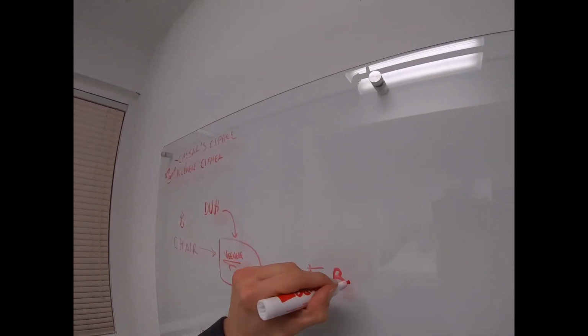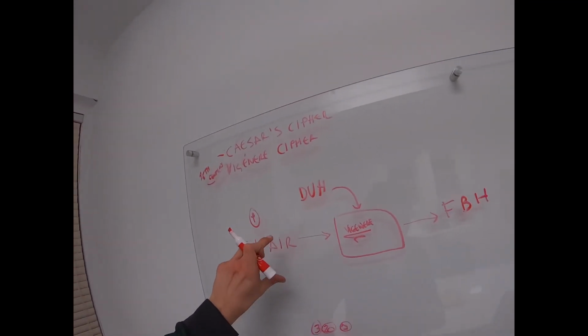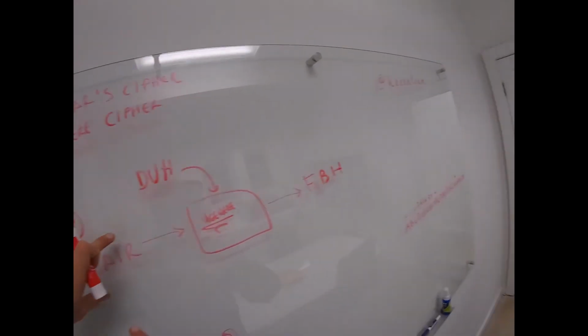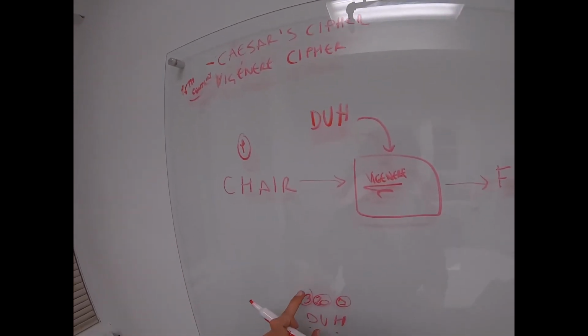So the A is gonna shift 7 times. 1, 2, 3, 4, 5, 6, 7. Now we have an H. And then we did this 3, we go back to the D, so obviously we circle back, and I, we move it 3 spots, 1, 2, 3 is L, and then the R, we did this, we